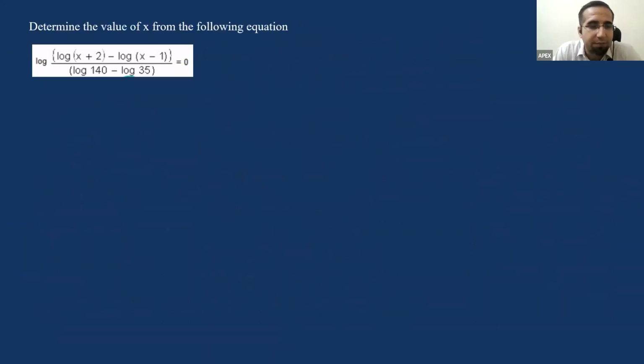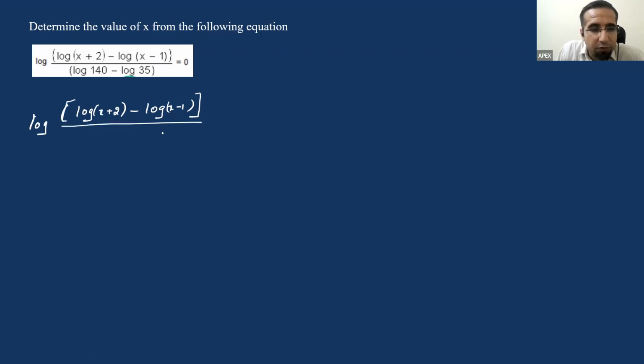Let's move to the next one, please. Now, again, logs, as I told you, a very simple concept that we are looking at in logs is, as I told you, we need to understand the basic formula application of logs. So I talk about formula application of logs. We are talking about log of, I'm looking at it as log x plus 2 minus log x minus 1, divided by log of 140